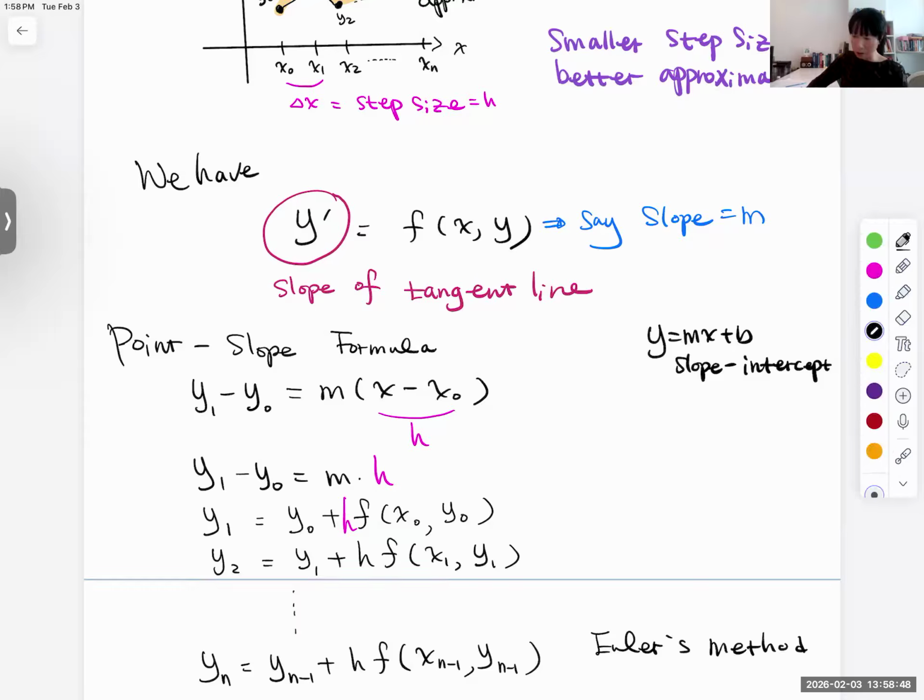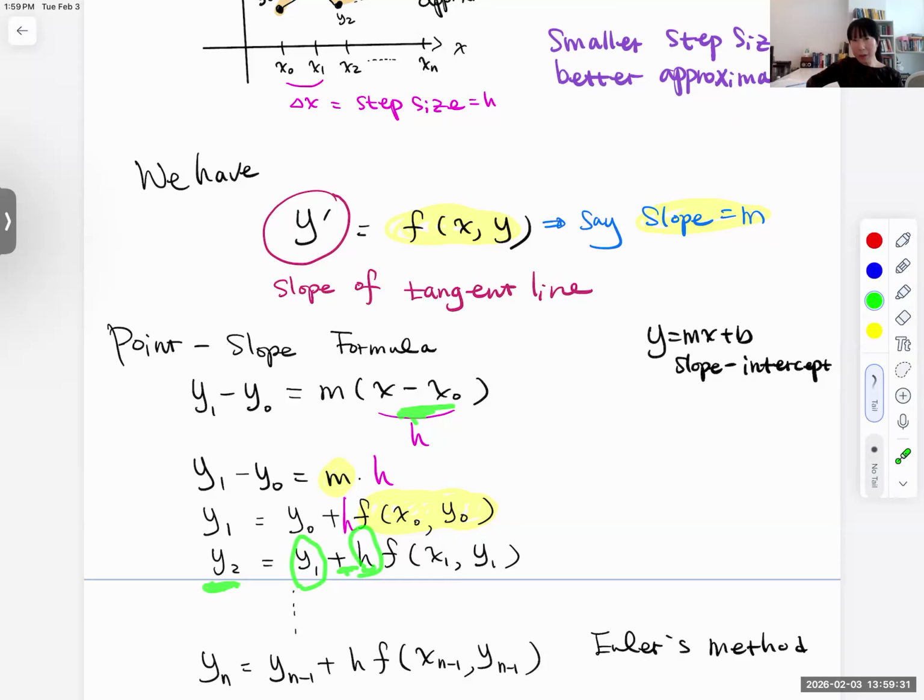I just did not want to write it out, but let me highlight. m is replaced by that, because we say that f of x and y is the slope, which is m. Makes sense. Okay, then next one, y sub 2 will be y sub 1 plus h, which is the difference